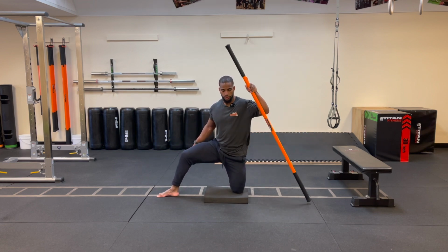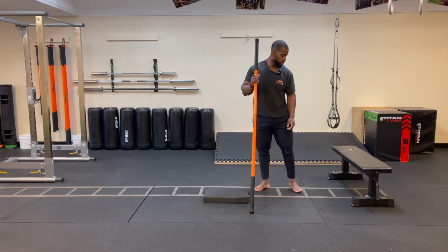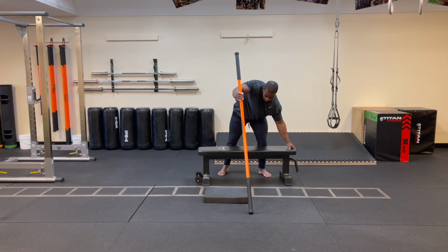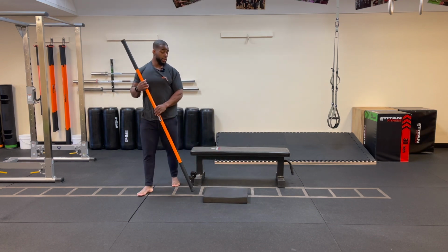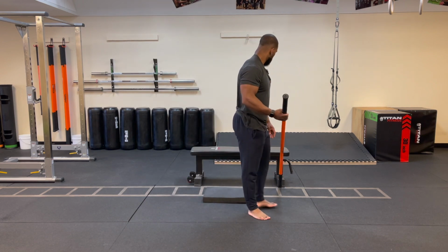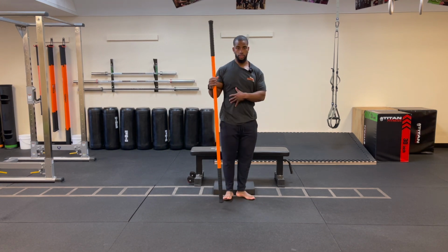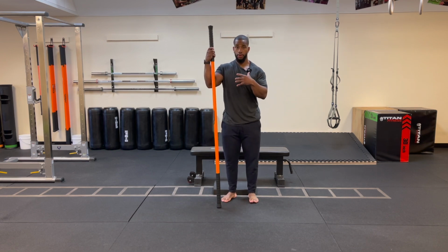Ease off. Excellent. Now we're going to use the bench to work on stretching out those quads. I'm going to place it behind here. I'm going to use the pad because if you have a chair or a bench, at least preferably one that's not super high, this will allow you to, again, get into those quads, those anterior tissues. The reason why this stretch is good is because it allows us to keep the hip in extension,